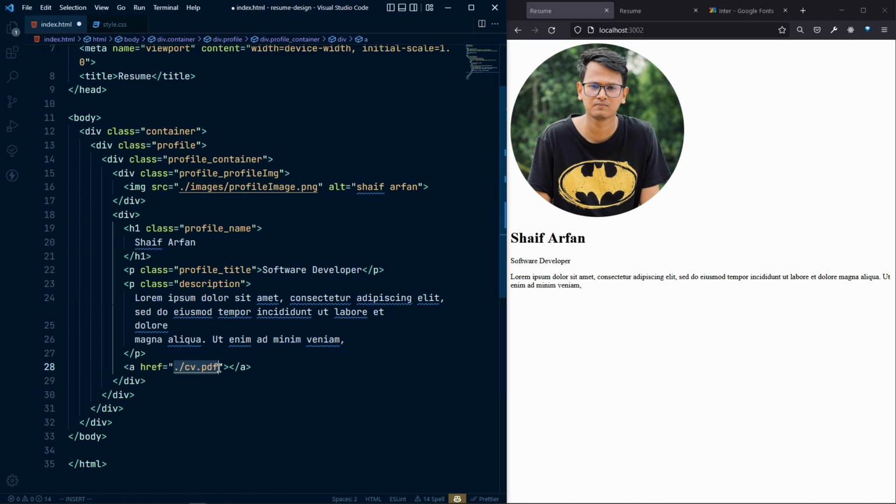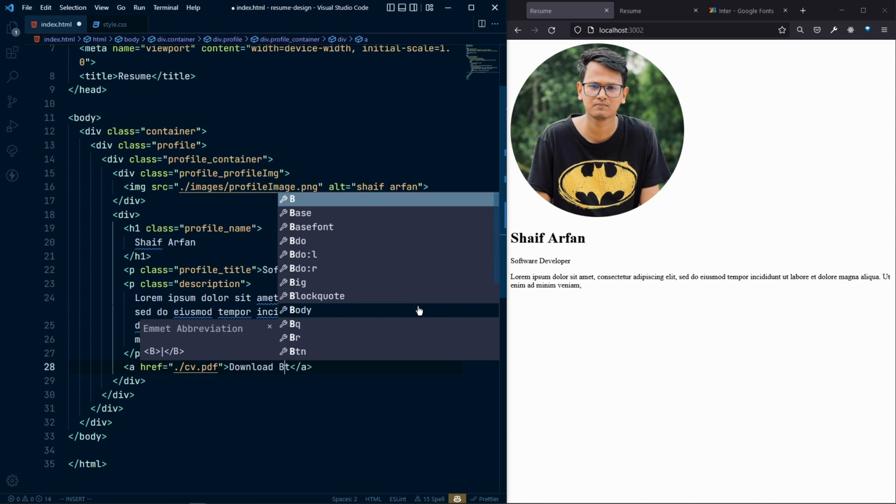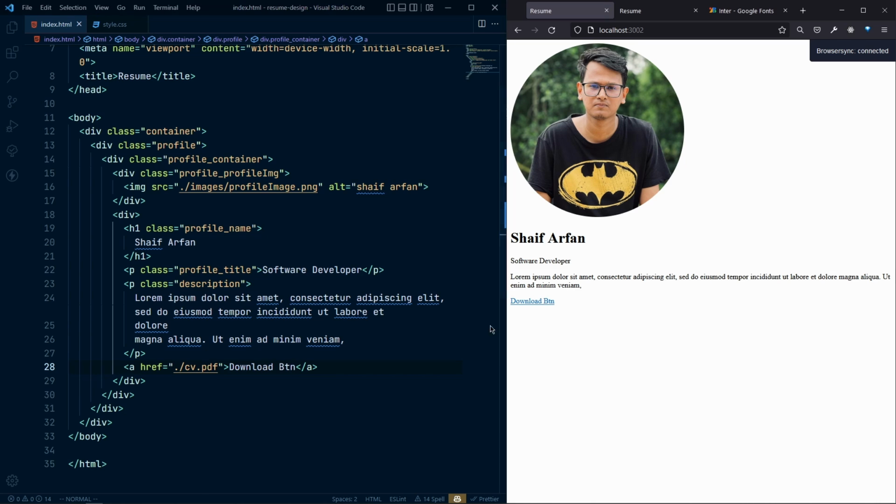So I will actually give the path of the PDF that we want to download in this button, and also let's say the text, which will be the download button. And if I save that, we also need to add an attribute here, which is the download attribute, and here we can actually provide a name for this file. So let's say resume.pdf,